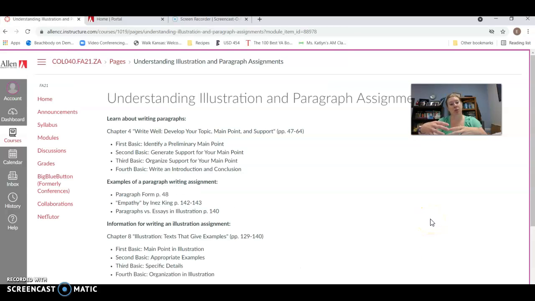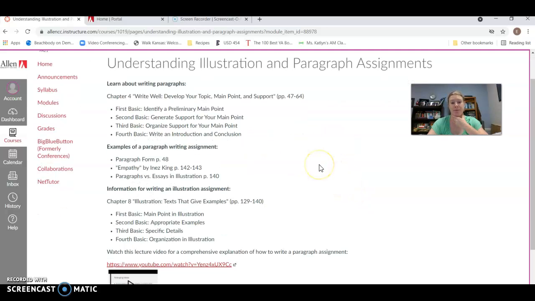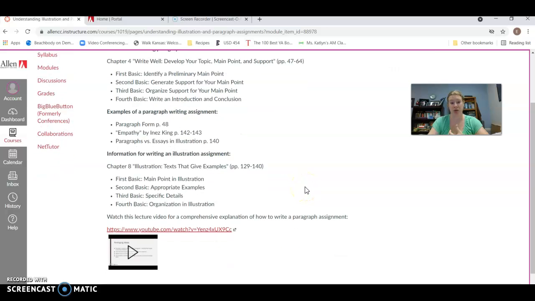Then we get to this reading assignment, and it's really important that you read through these sections. What I have linked for you is how to write a paragraph assignment, basically. It's a discussion of writing well. And the Writing Well chapter covers all kinds of ways to write well. So we're seeing it covers both writing at a paragraph length assignment versus an essay length, so it differentiates between the two. And then there are also some examples of how to write just a paragraph, so you can look at those pages and an example of how to do one for an illustration assignment.